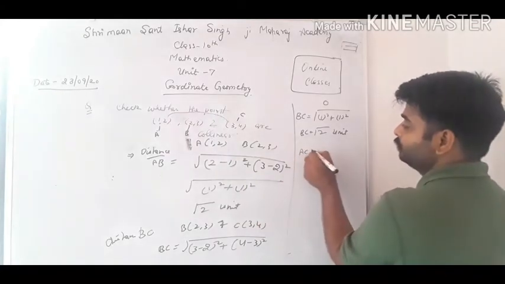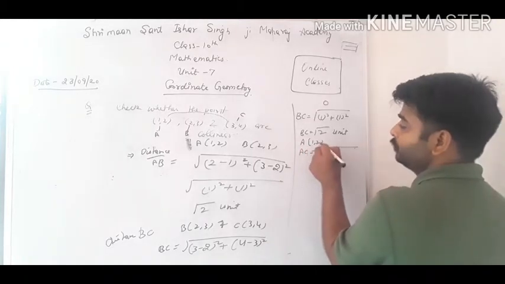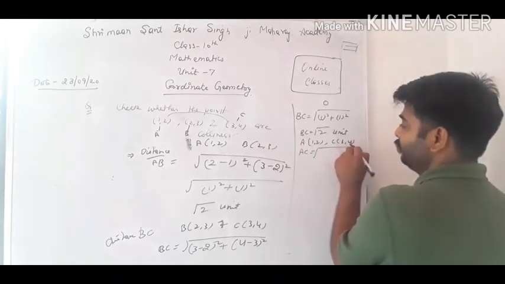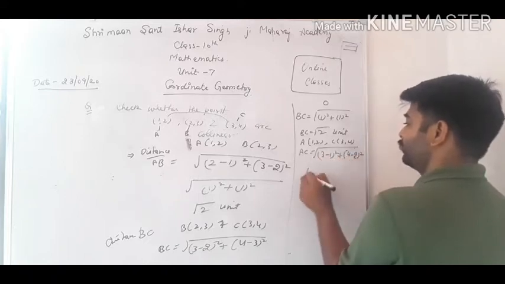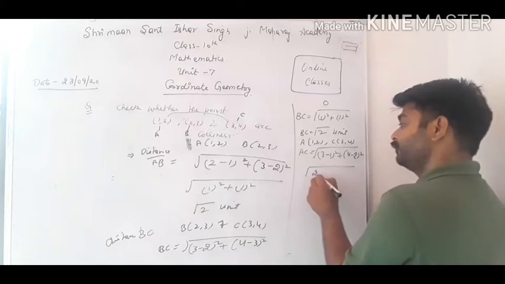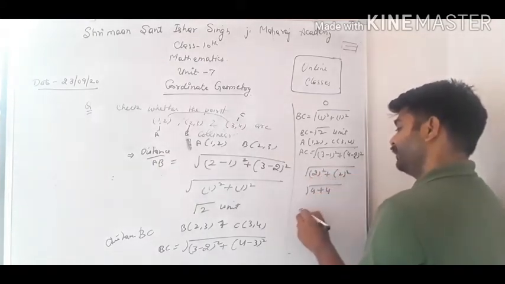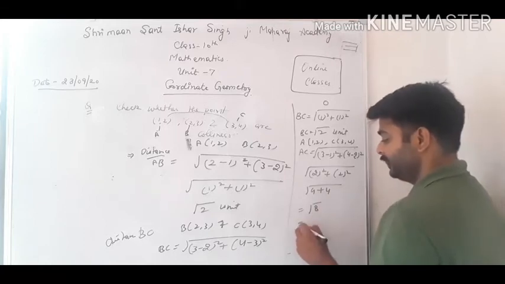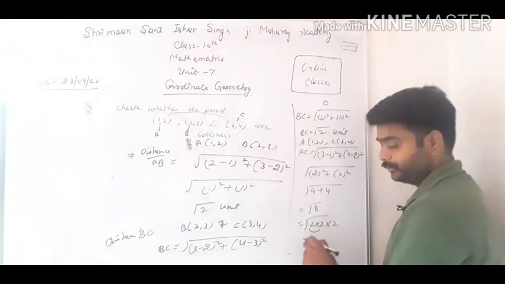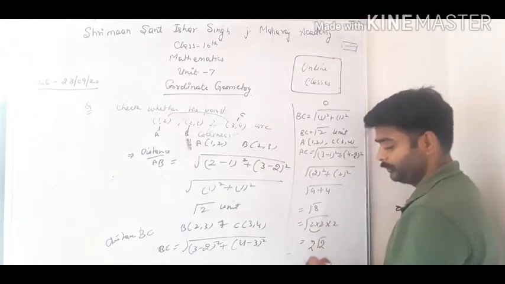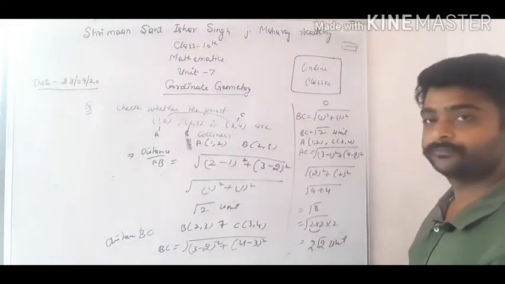Now third one is AC. So AC is equal to root of, again what is A? A points are 1 comma 2 and C are 3 comma 4. It's 3 minus 1 का whole square plus 4 minus 2 का whole square. So 3 minus 1 is 2 का whole square, 4 minus 2 is again 2 का whole square. It's 4 plus 4, that is 8. 8 can be written as 2 into 2 into 2. So out of root there should be a pair, so 2 will come out and one 2 will remain inside. So it's 2 root 2, the dimension of AC. Got it, class?